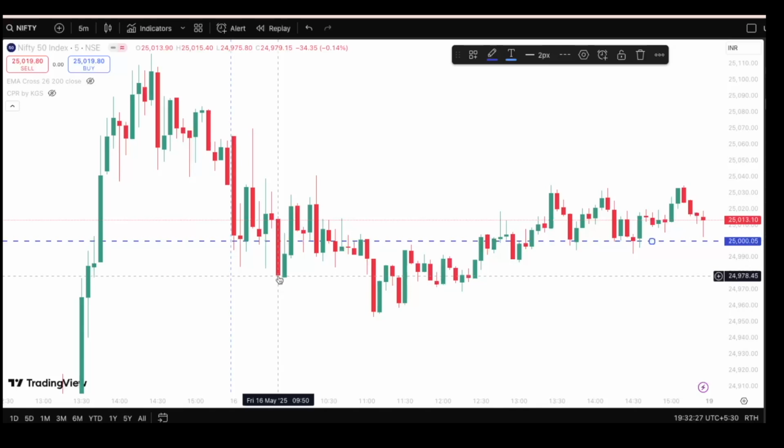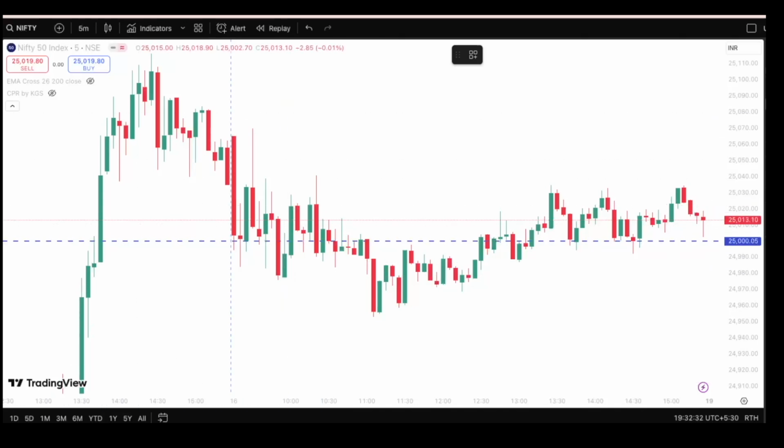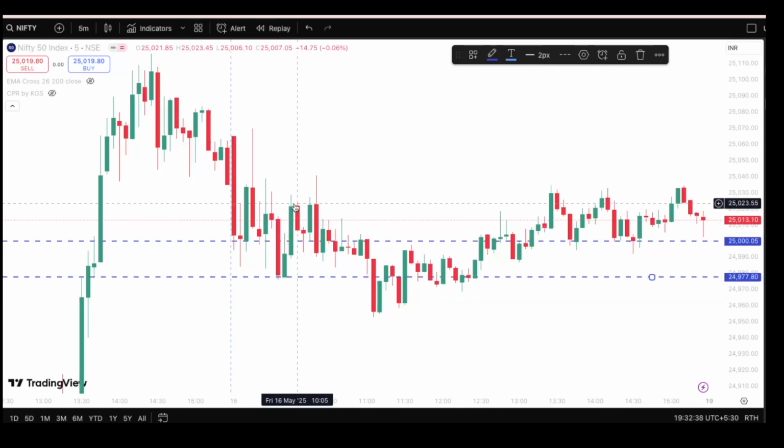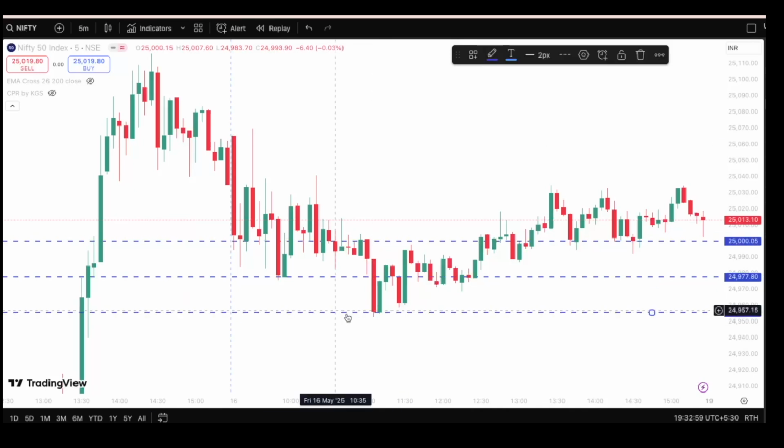Let's say at 9:50 we see a sudden price jump here. It appears to me as a support, and this jump will prompt many traders to take a call option at the 10 o'clock candle. Then it reverses back, and here again it seems the price is going to fall, and many people would have entered a put option at 11:05. And if you have waited till here, then you think this is a support, but this happens to be the true support because from here the price bounced back